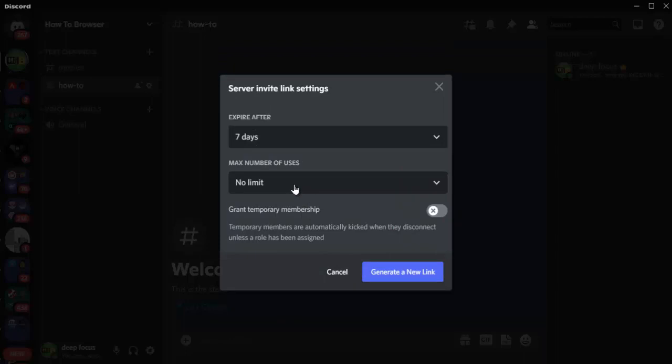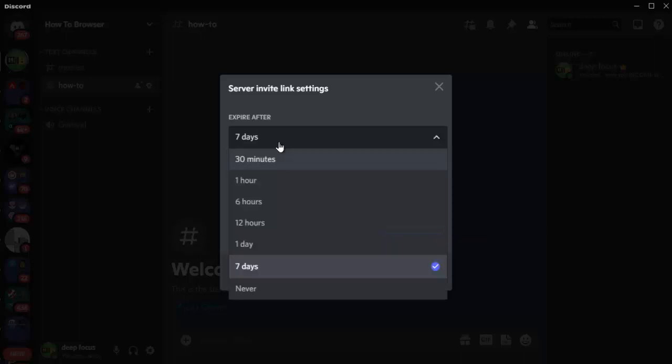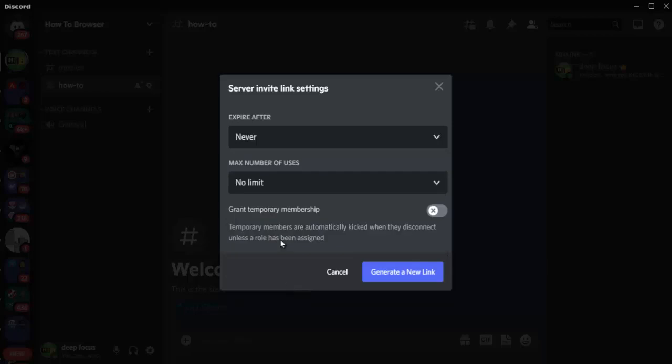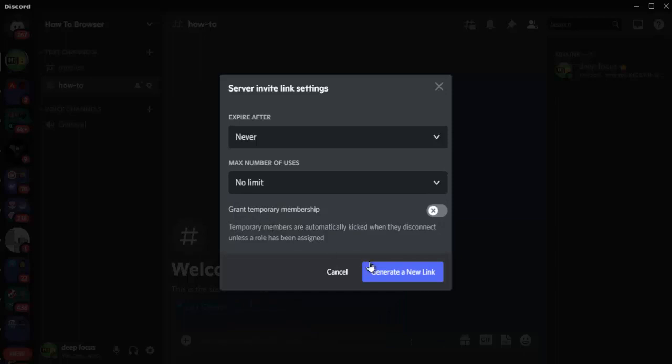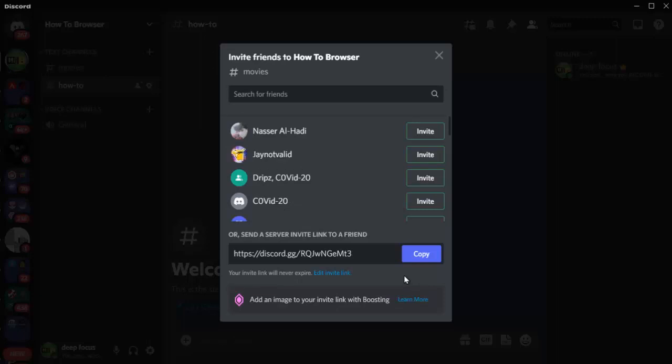So tap on edit invite link, and now this is really important, guys. Please follow along with me, and please go into server invite link settings because you really need to do this. Don't choose 7 days, but rather never. That's really important. Choose never. And now here you need to choose no limit, and now tap on generate a new link, and now all you need to do is to tap on copy,